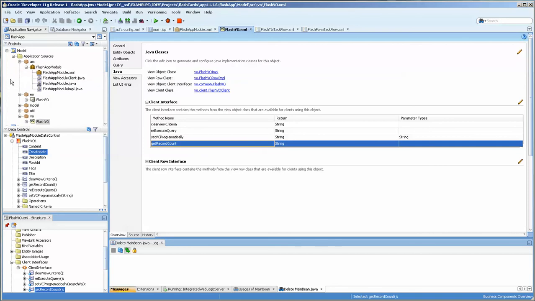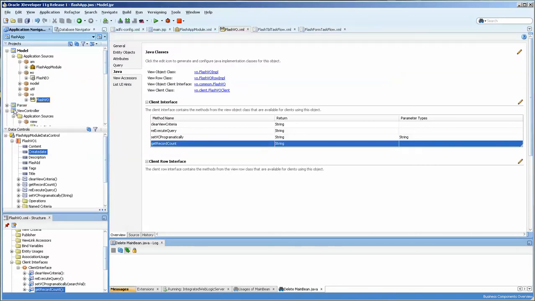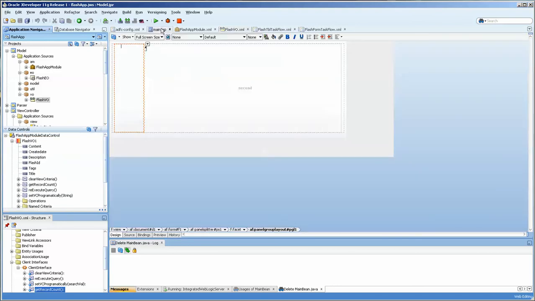So there are a number of different small Java classes that we're going to be utilizing, and you can see here's the application module, here's the Flash table, which is a very simple one table at this point. I may put in a code table for it. This is the primary key, and then here you can see that these are the associated view object methods, and these are the methods from the application module. So we're going to start with a very simple